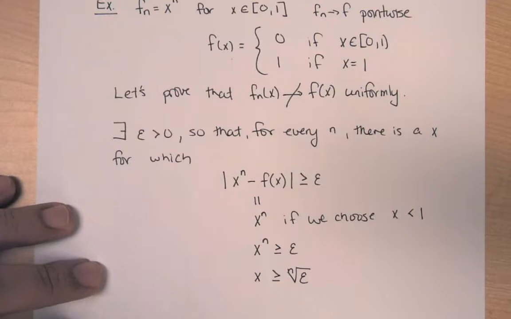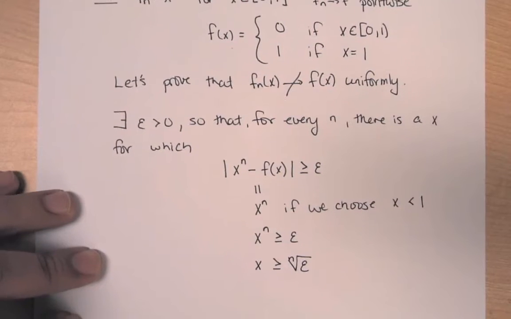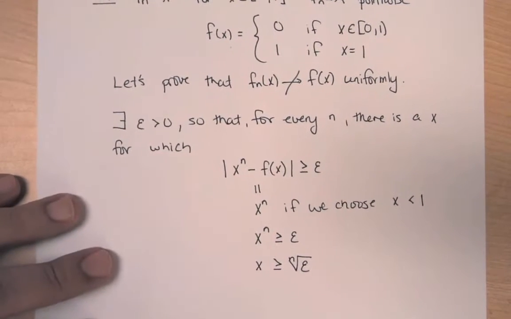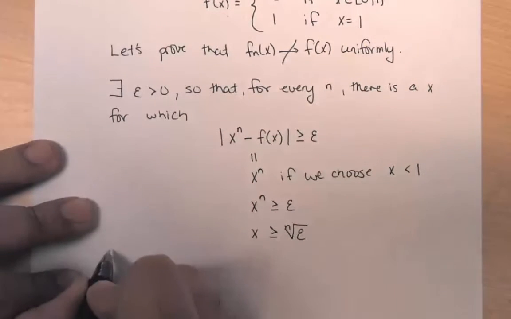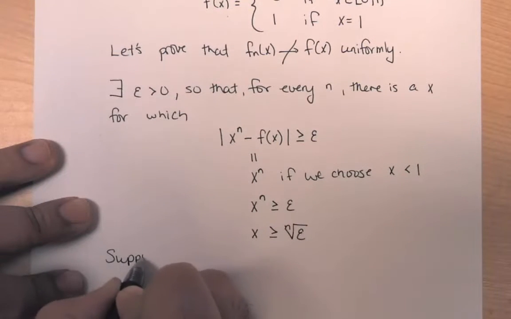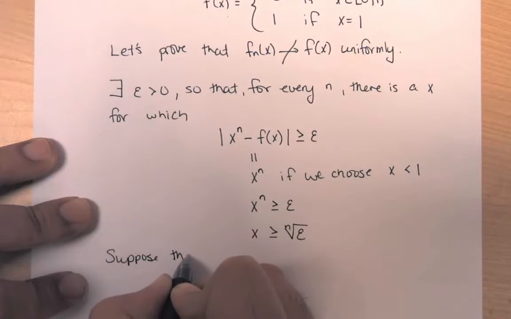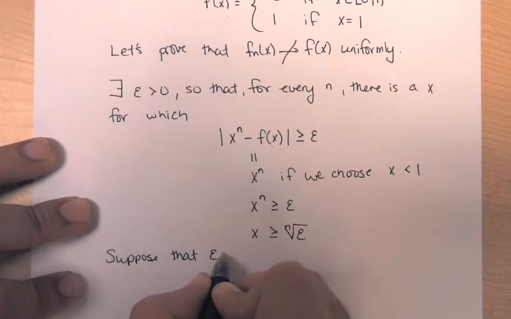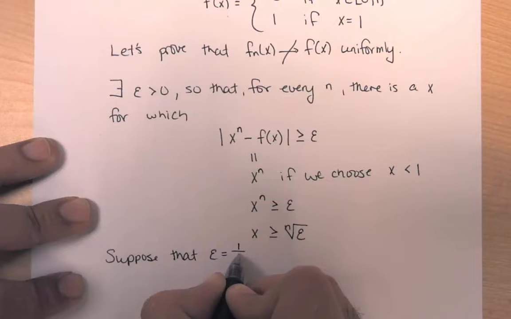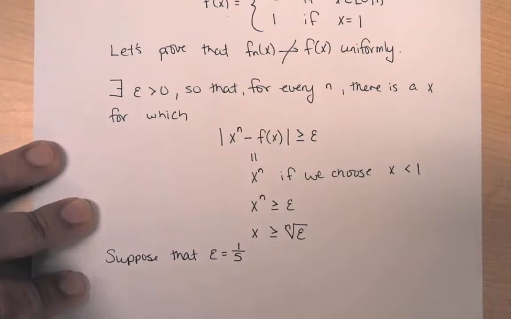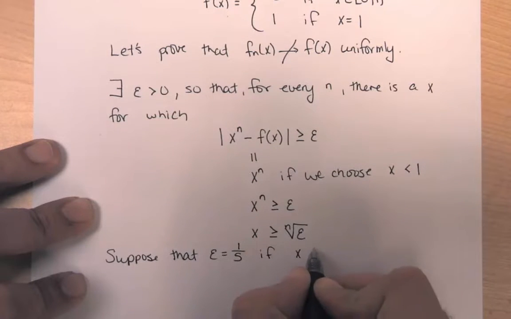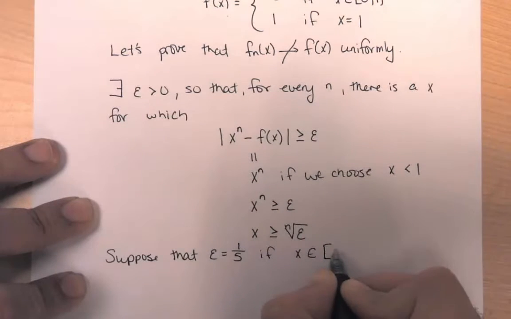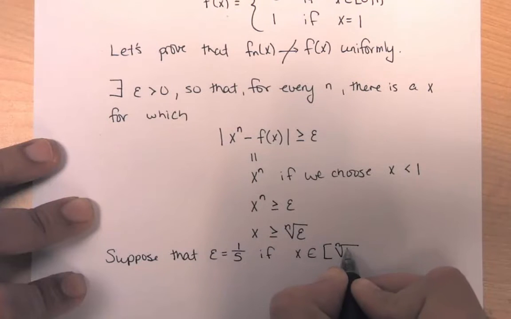Well, x to the n is greater than or equal to epsilon if x is greater than or equal to the nth root of epsilon. Suppose that epsilon were to equal 1/5. If x is at least the nth root of 1/5, but strictly less than 1,